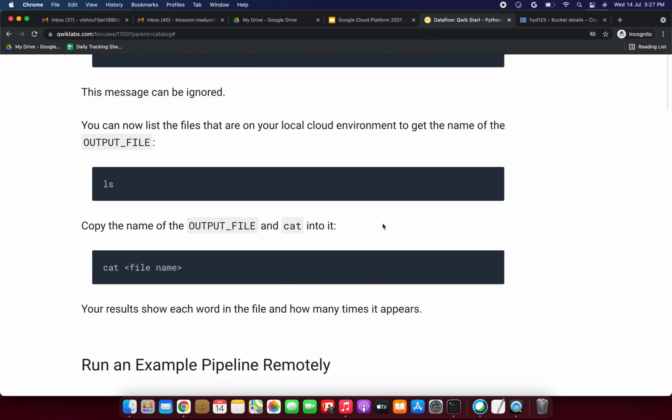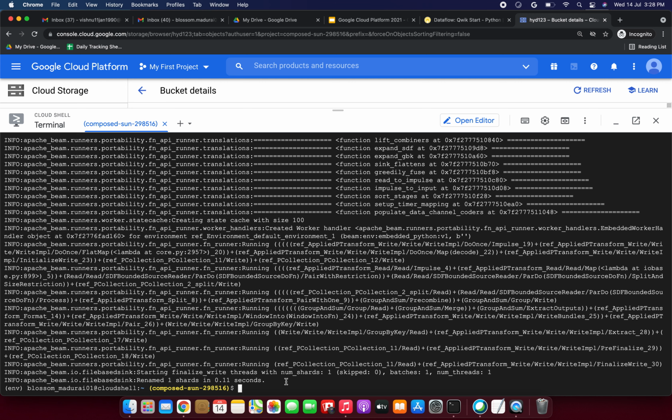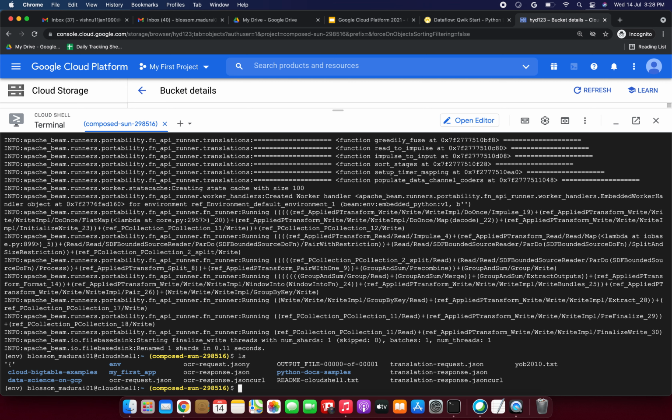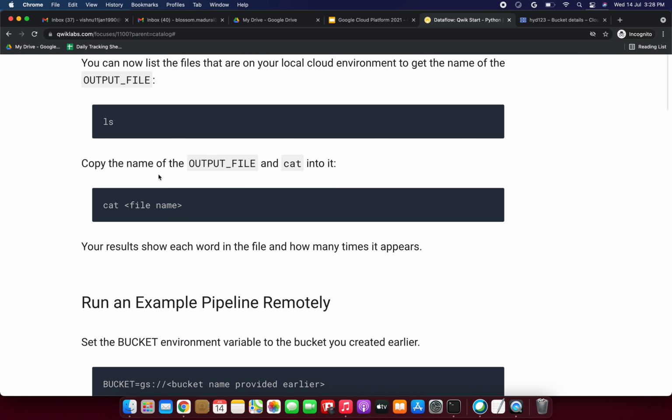Now we can list the files on our local Cloud Shell environment to get the name of the output file. So we are going to list the files now. I am putting ls. So if you are seeing here, this is our file, right? Outputs, this is the output file 00000-of-00001. So what we need to do is copy the name of the file, the output file, and cat it.